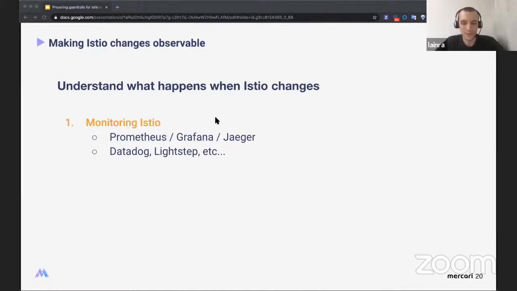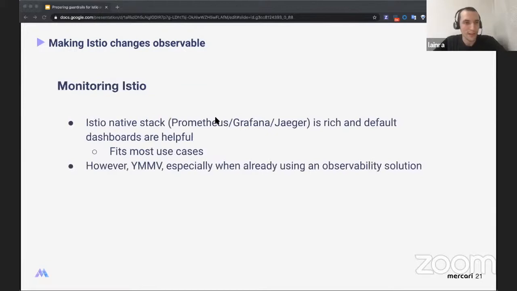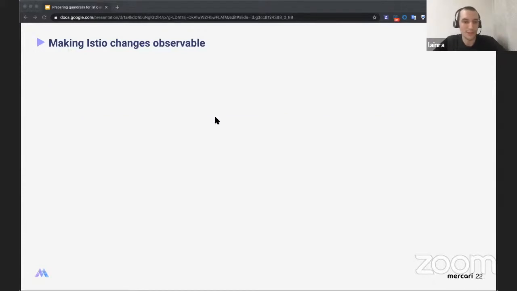Two ways: the Istio default stack or some specific observability platform. The Istio native stack is pretty rich and the default dashboards are helpful. So it fits most use cases for users. But depending on your case, you may already have an observability solution. So we may wish to integrate it with the existing